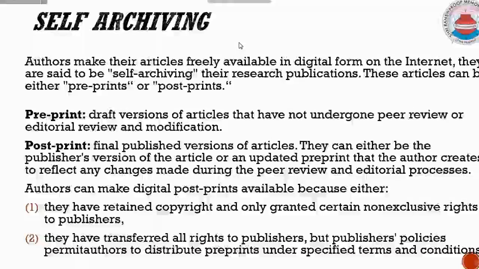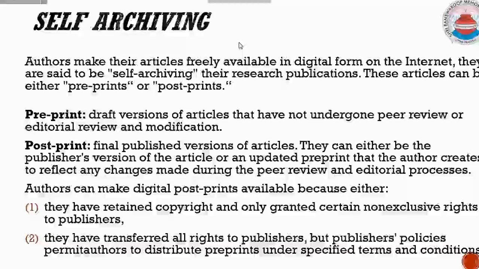And another way is you transferred copyrights, but the publishing house has certain rules. They have certain policies that you can distribute preprints or postprints. So there are terms and conditions. So it depends on what kind of copyright agreement you sign. Generally nowadays most of the journals allow this kind of